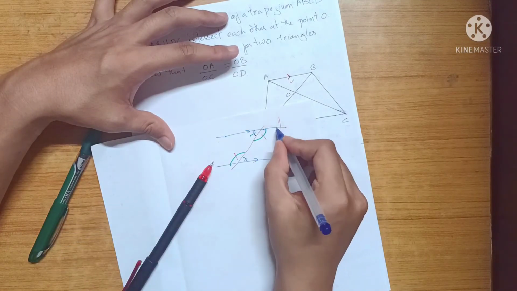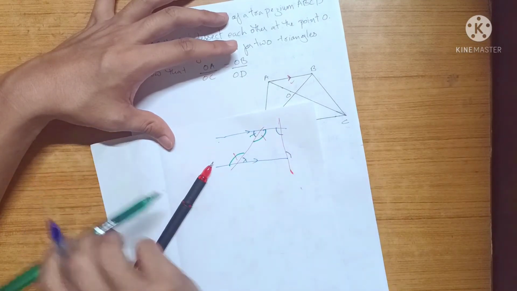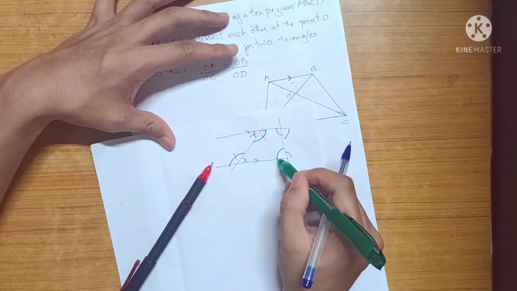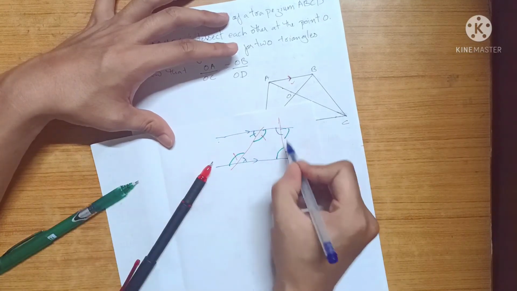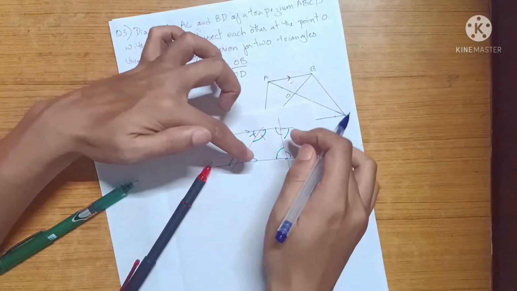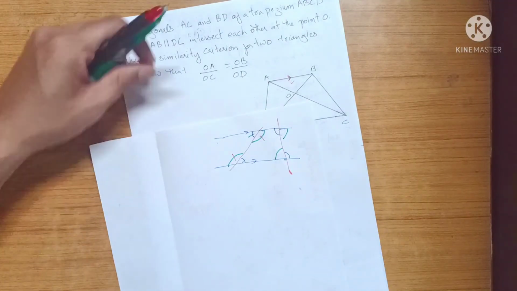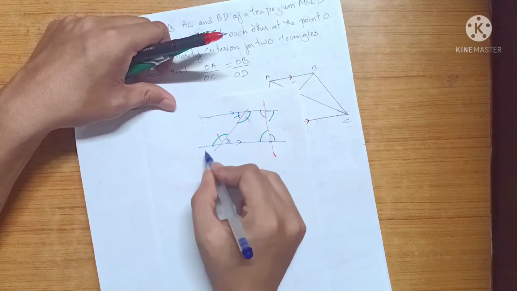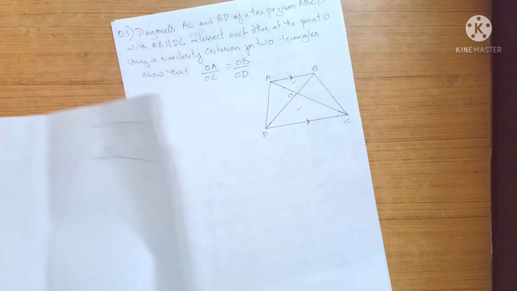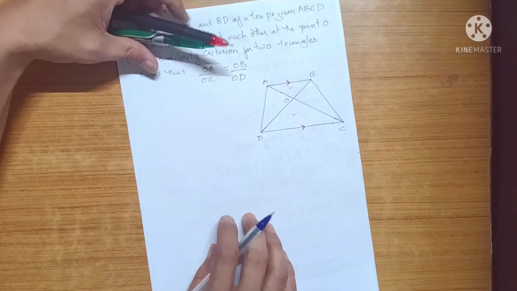So in this case, if this is the line, this and this will be equal, this and this will be equal, right? So usually it comes in a Z kind of a shape, like this, okay? So in this case,